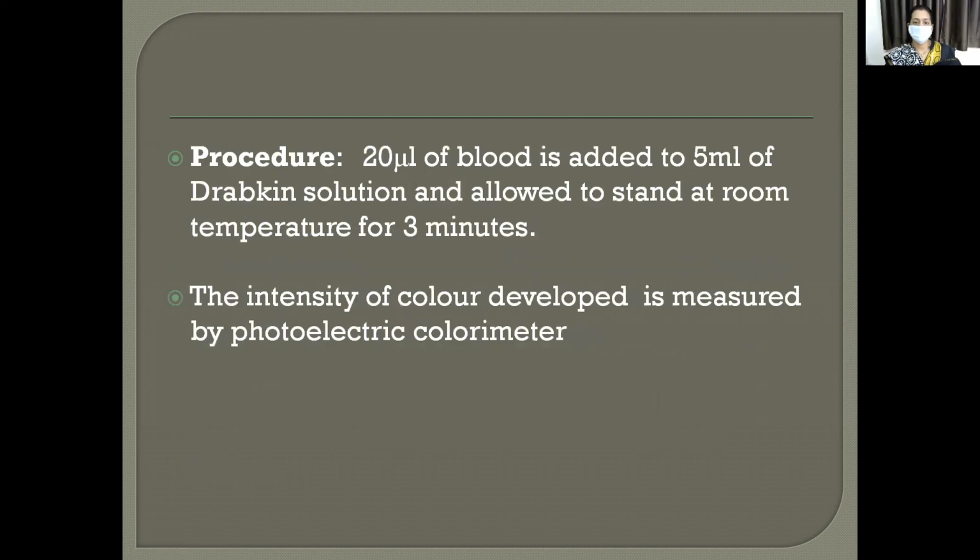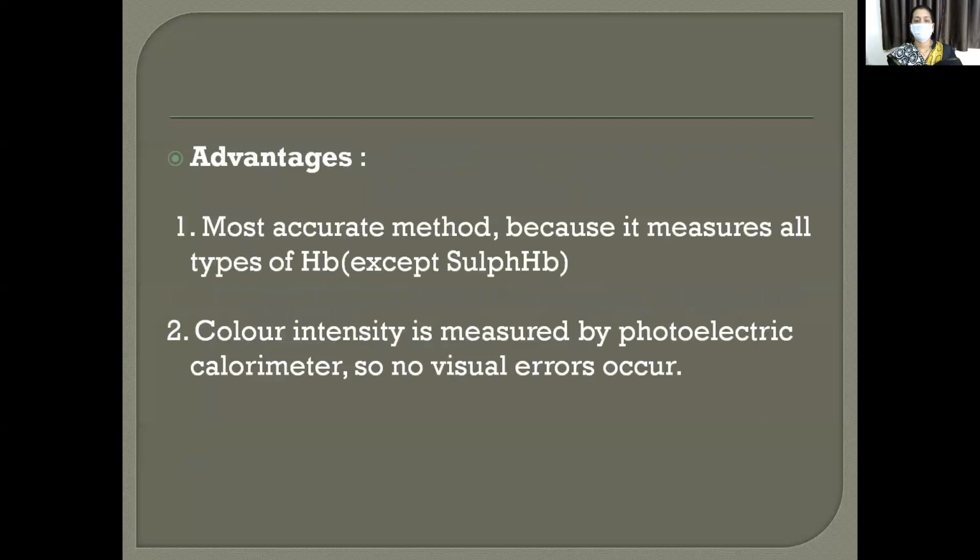Right. So how much blood are you taking? 20 microliters, added to 5 ml of Drabkin's solution, allowed to stand at room temperature for 3 minutes. Then a color develops, and then you compare it with the colorimeter. So how much blood? 20 microliters. Drabkin's solution, how much? 5 ml. How much time? 3 minutes. So compared with Sahli's method, this is less time consuming, and